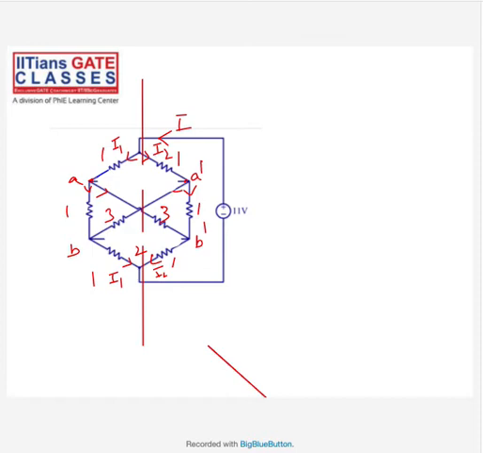Instead of opening it, I can also short it, right? As I told you, I can short or open it. It's up to you whether you want to short or open it. You'll get the same answer. It depends on the particular problem. If you short it, it will be easier to find, or if you open it, it will be easier. For this problem, it's easier if I short the terminals A and A dash. Why? Because the potentials at A and A dash are the same, so VA is equal to VA dash. The voltage difference between A and A dash is 0, so it's a short circuit.